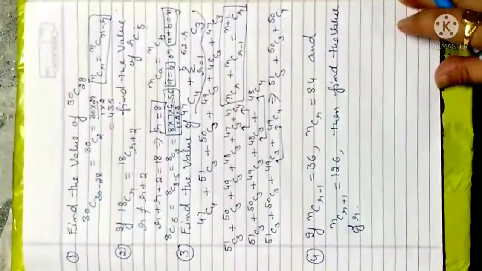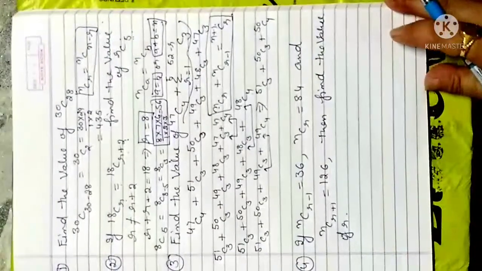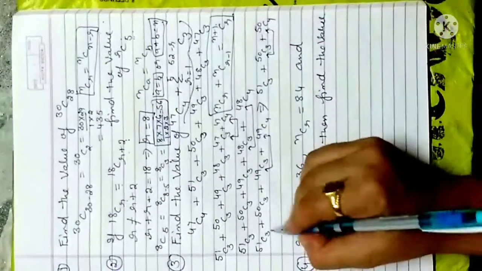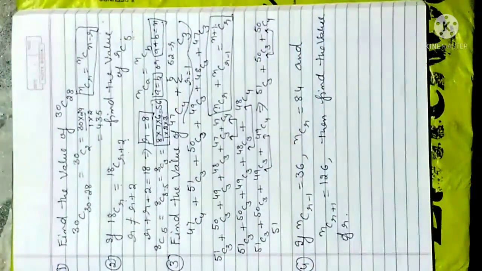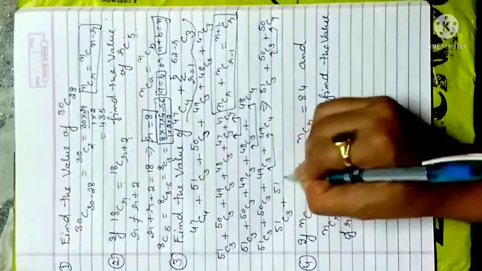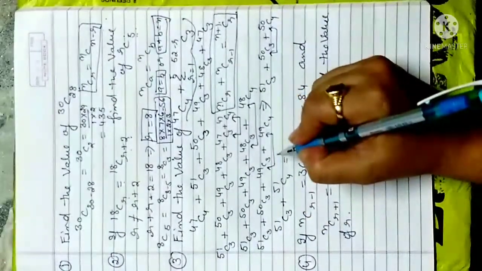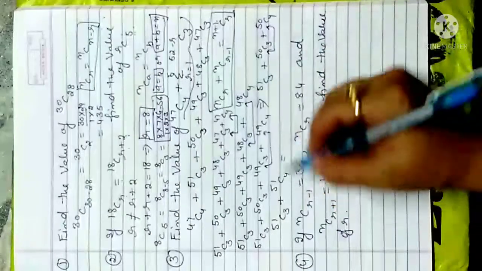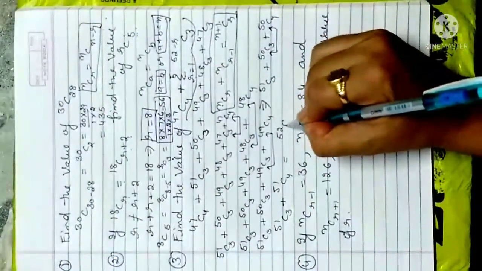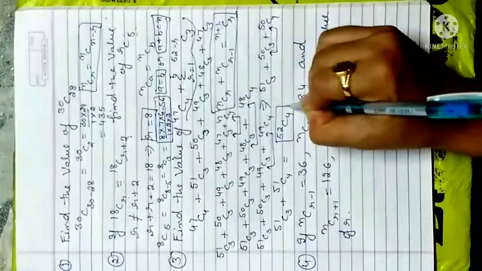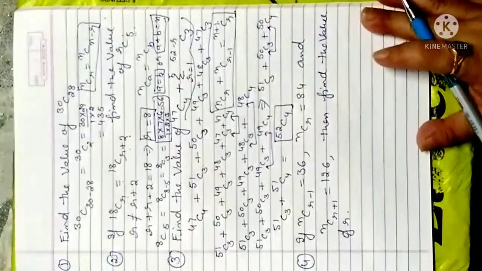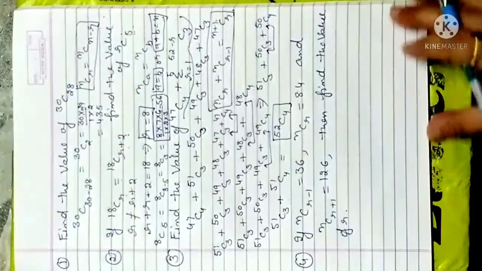So this way you have to move one by one. Again in these two terms N value is the same, so that becomes 51C3 plus 51C4, and at last when you apply the same formula, 51 plus 1 becomes 52C4. So that is my required answer in this case. No need to open the combination formula here, we have to prove it this way.